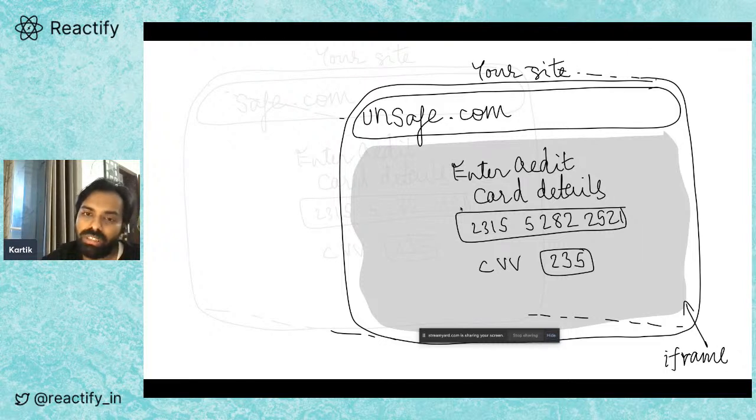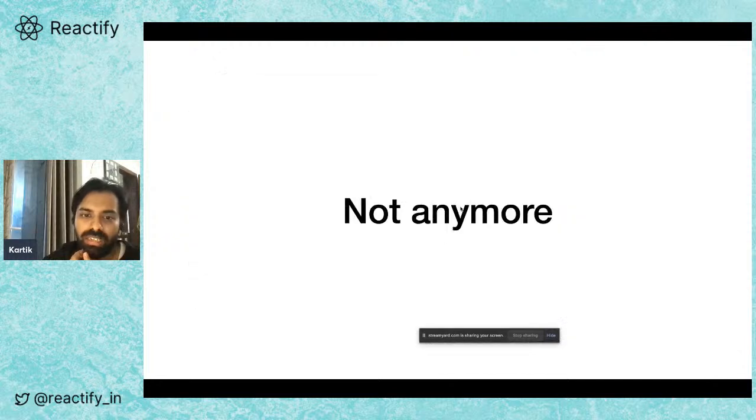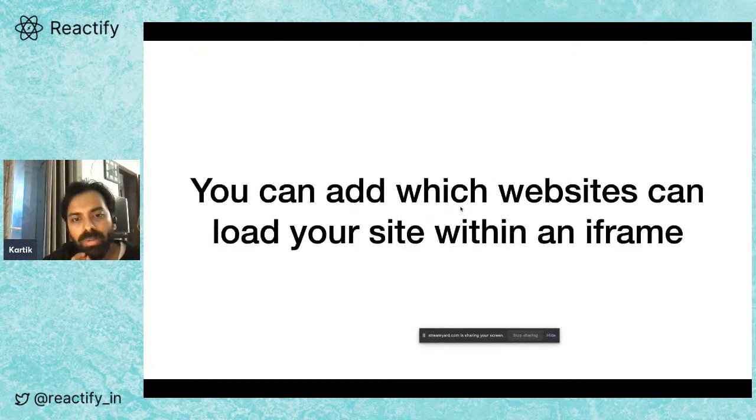We are okay. Otherwise, we just stop displaying our website. That's okay to do as well, but how much can you trust it, right? So now, content security policy,